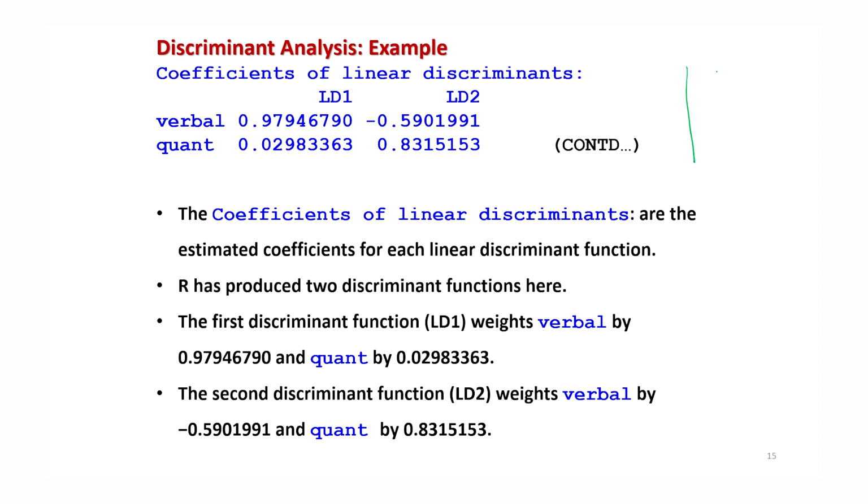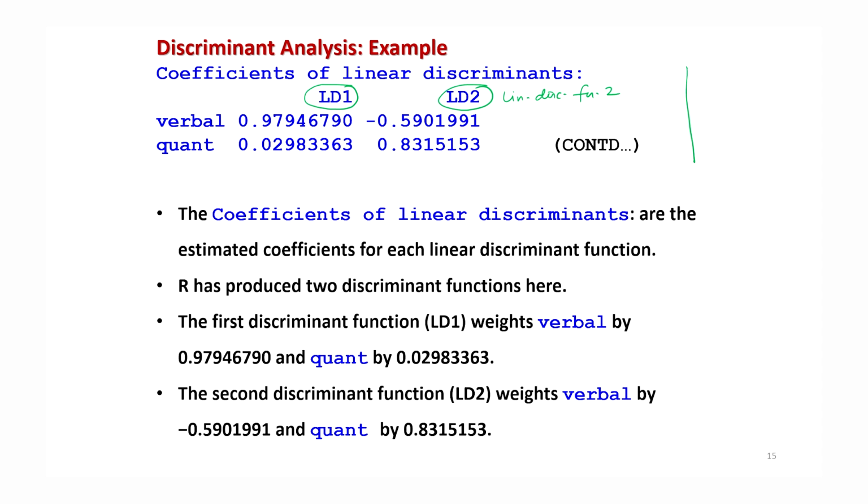But the main thing is, how are you going to interpret these linear discriminant functions? You can see here it is written LD1, which means linear discriminant function number 1, and LD2, which is linear discriminant function number 2. So now the question is, how are you going to understand it? You know that these discriminant functions are simply functions of x1, x2, up to xp. So how are you going to interpret it?